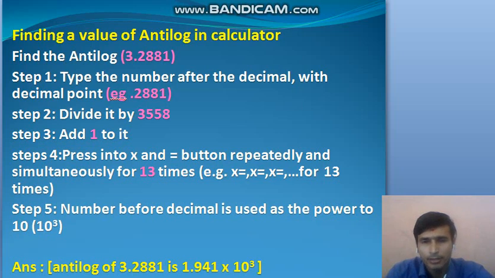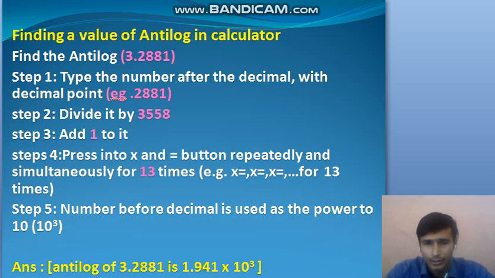This number is the same as used in the log, right? Step number 3, add 1 to it. We add 1 to the result. Step number 4 is to press the multiply and equal button in the calculator. Press the multiply and equal button 13 times, right? We get the answer of the antilog of